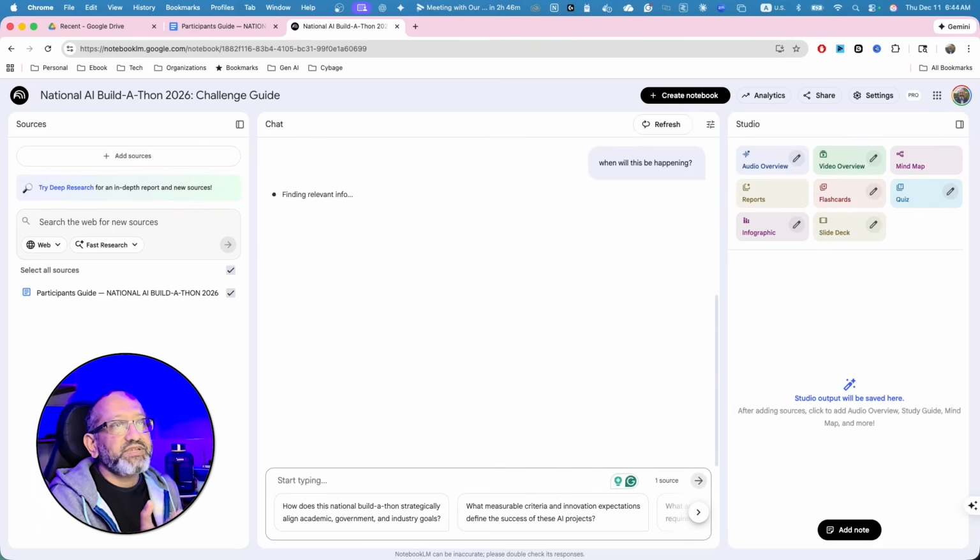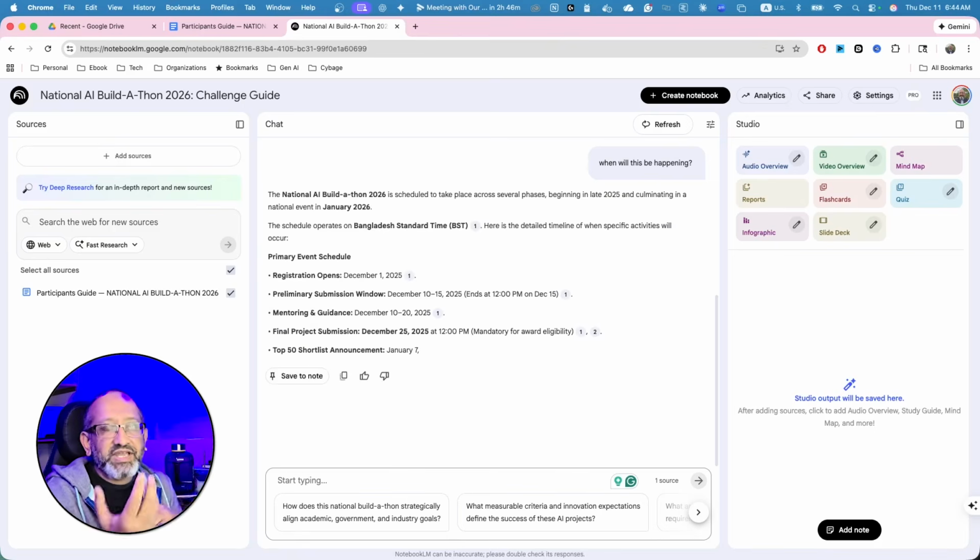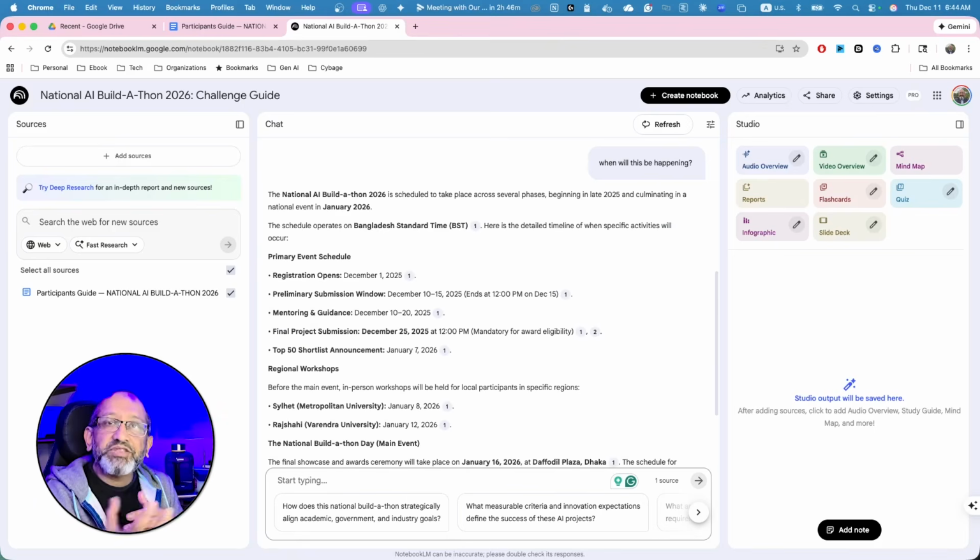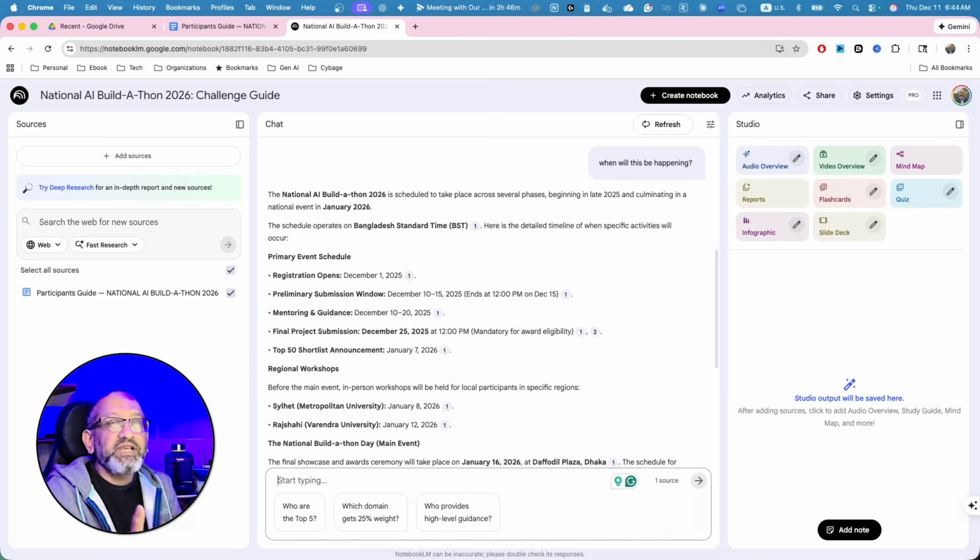So, a very simple question like, when is it? And again, this is going to go through different places where you have these answers. You ask it a simple question in simple terms, and it should be able to answer. It's just going to go through it. Again, as you know, this is a normal method of retrieval augmented generation, but it's more of a